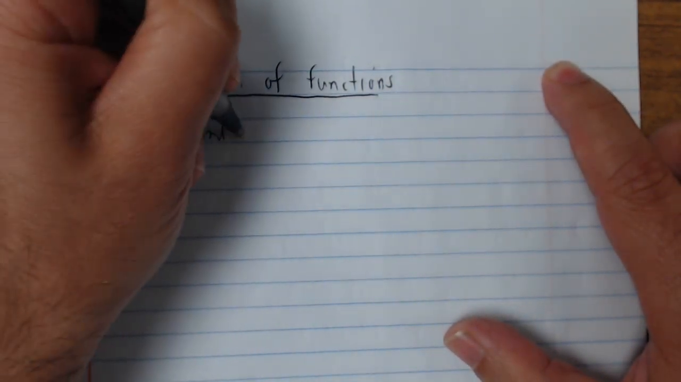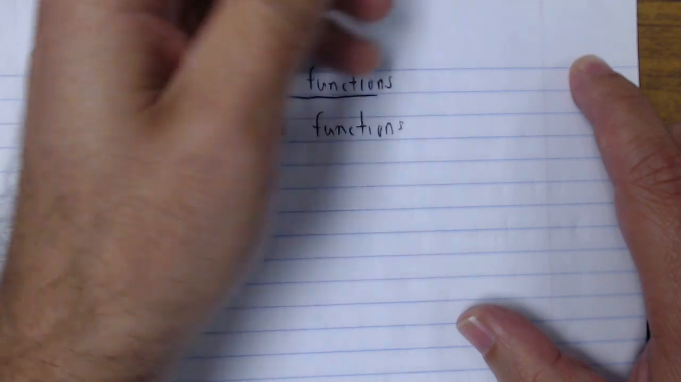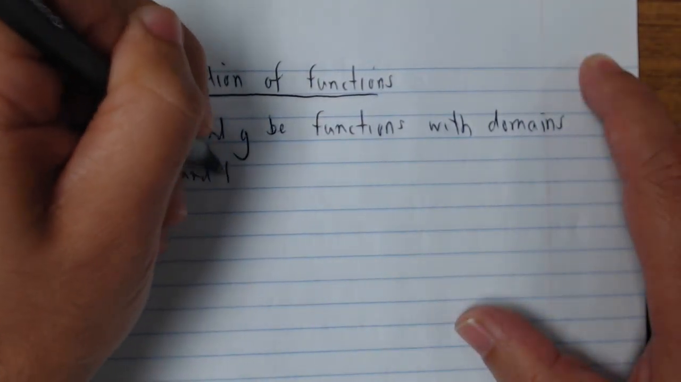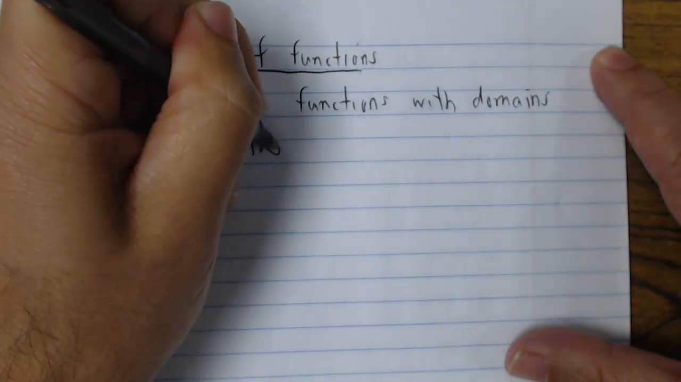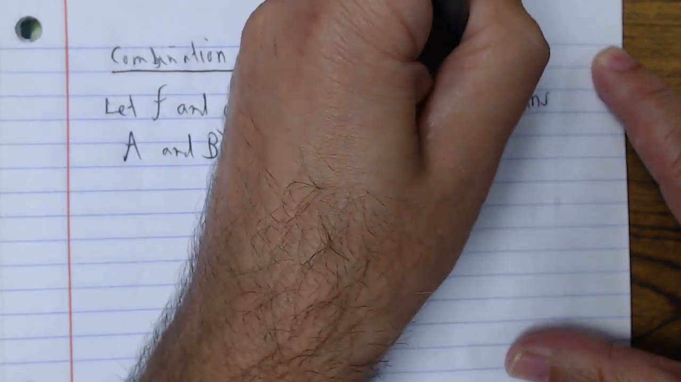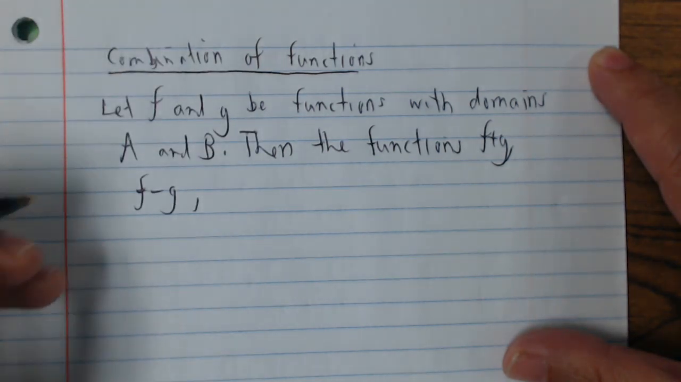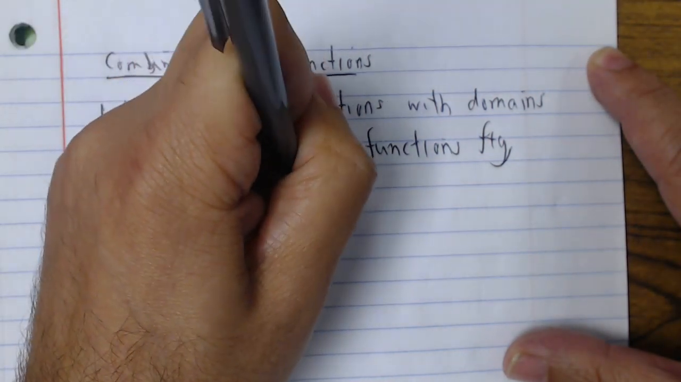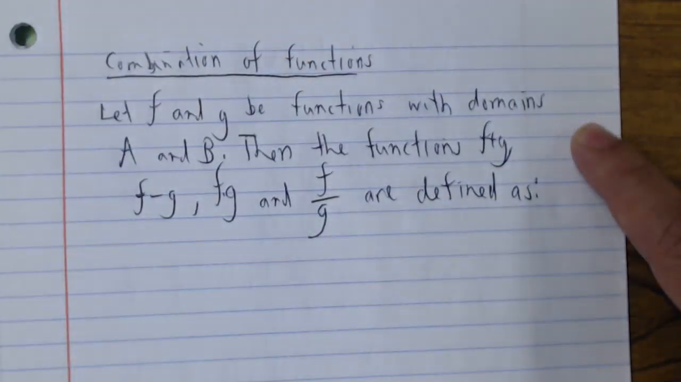So let f and g be functions with domains A and B. Then the functions f plus g, f minus g, f times g, and f divided by g are defined as the following: